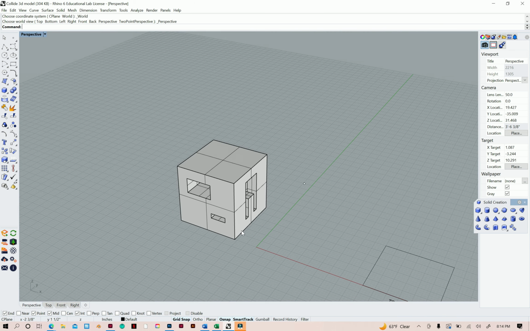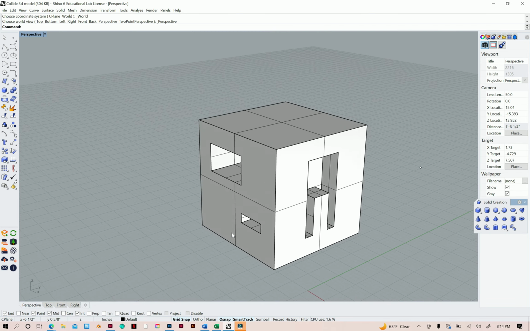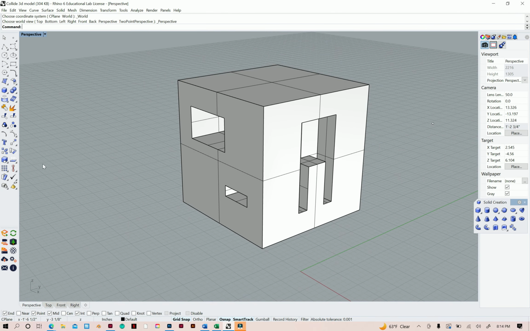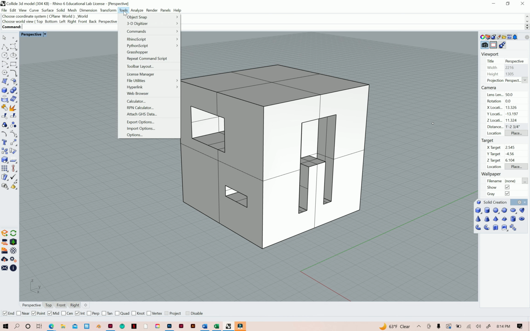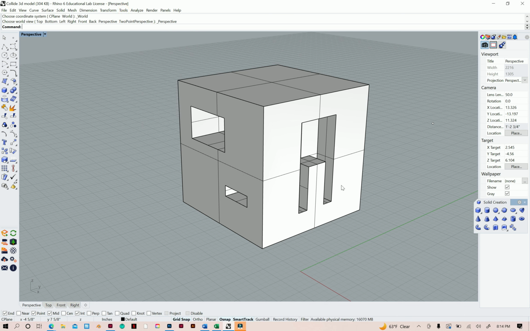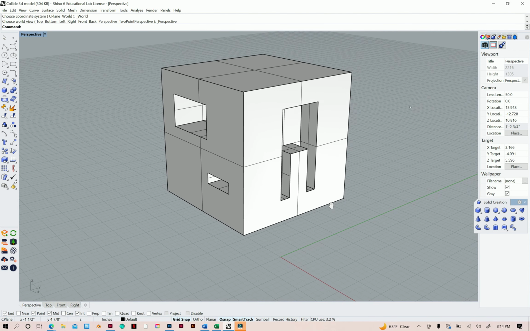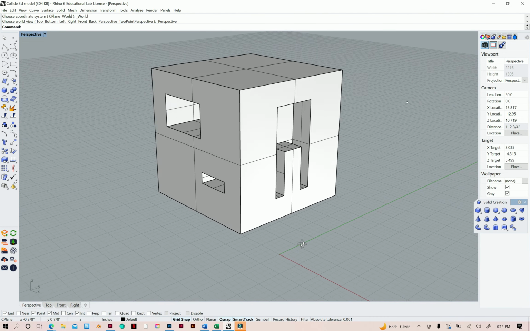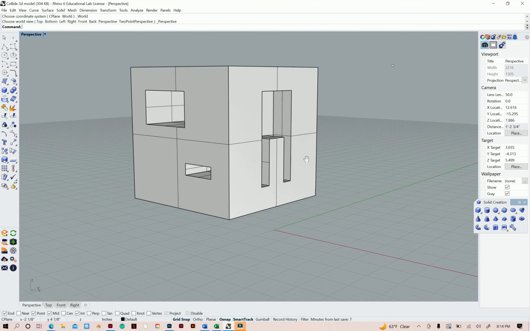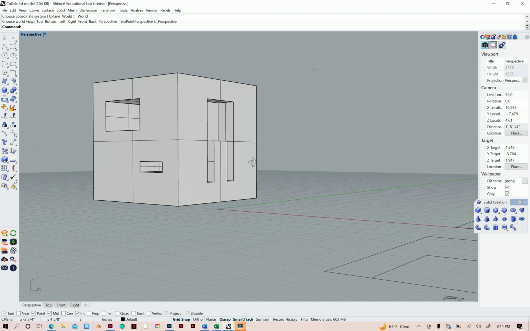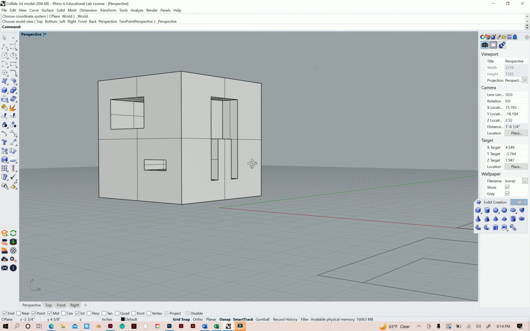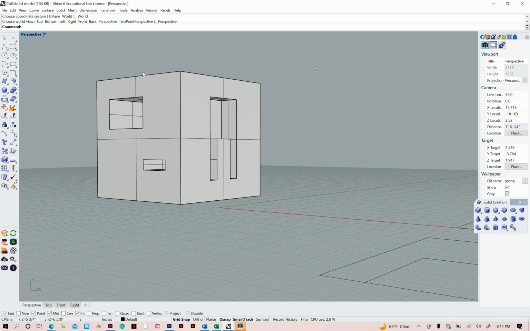So once you've done that, we are now going to shift our eye level. So we're going to use the pan tool. That hand, the pan is the hand. You can also achieve this by right-clicking and holding shift to pan. To orbit, you would just right-click. So we want to create a sort of eye level view of our model. So from here, we're going to do